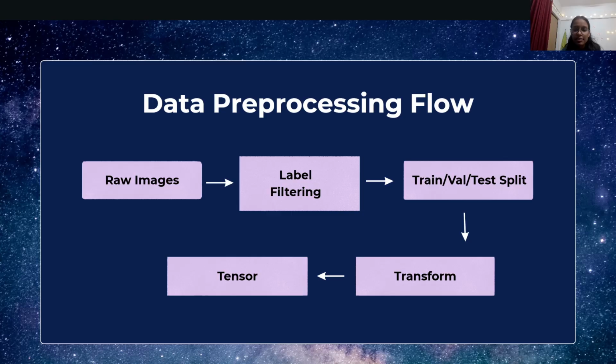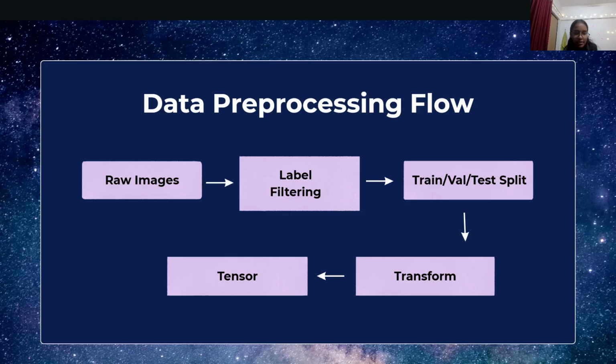Next, transform. Before feeding the images into the model, we applied several transformations like resizing all images to 224 by 224 pixels, normalizing pixel values to the 0 to 1 range, and applying augmentation techniques such as random rotation, flipping, and zooming to improve the model